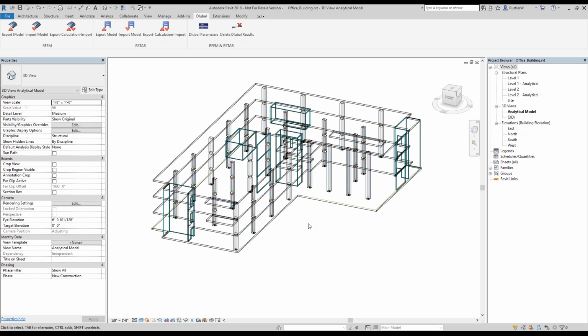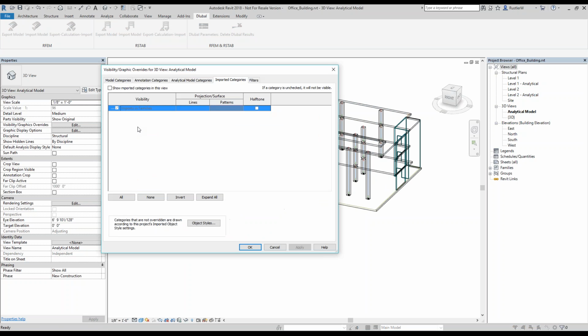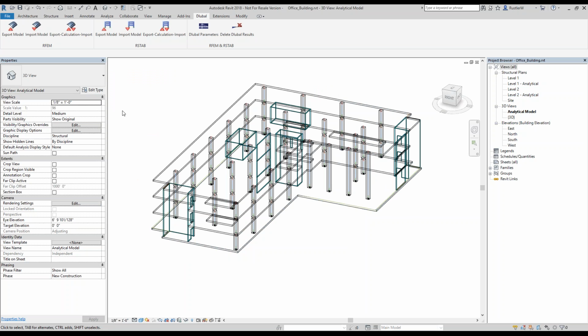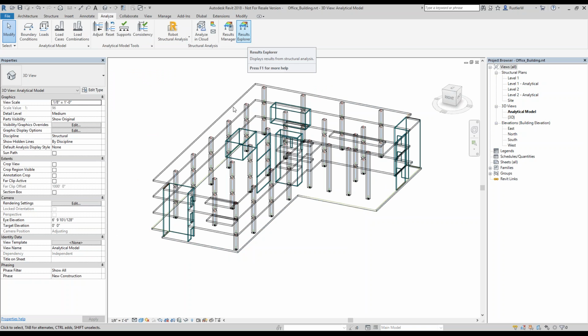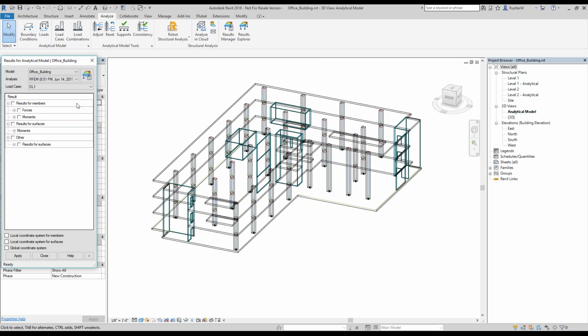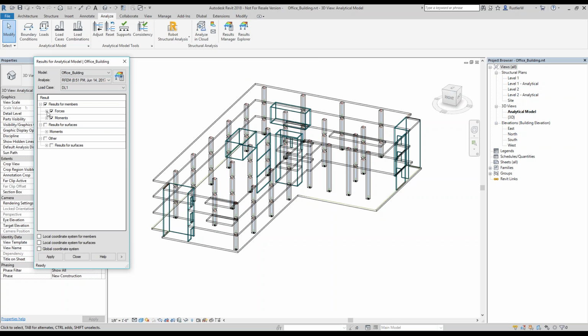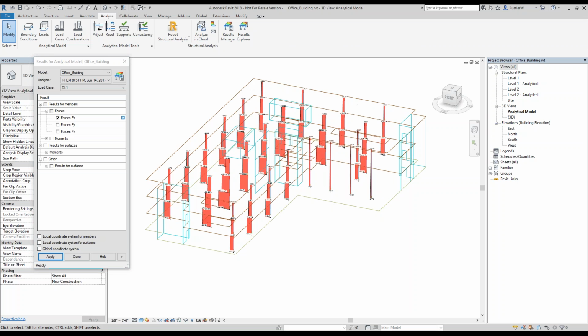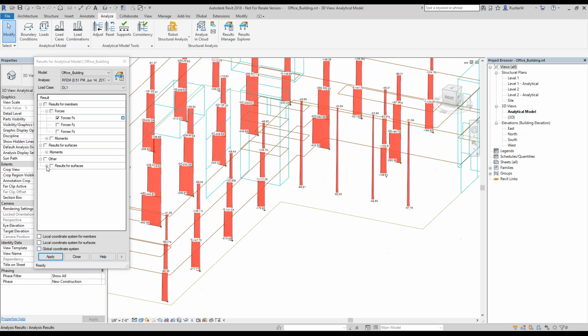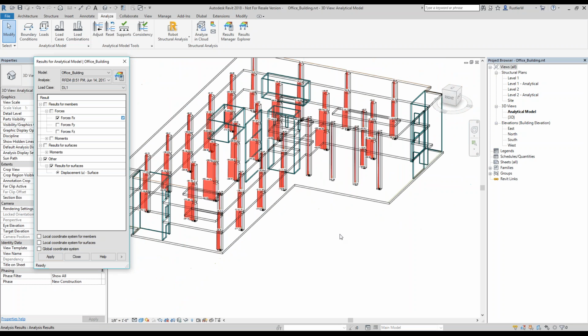For this, you must enable the imported categories. And you have to have installed the structural analysis toolkit. And then this result explorer button will show up. And we can then control with this dialog which results I would like to see. For example, axial forces of the members. I apply, and we'll get the axial forces imported with the values. Yeah? Or at the same time, I can say, please show me the displacements. Apply, and you get